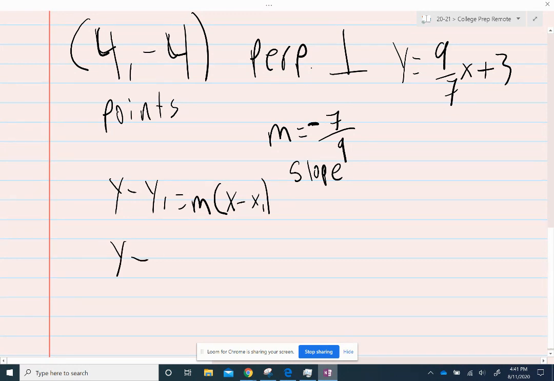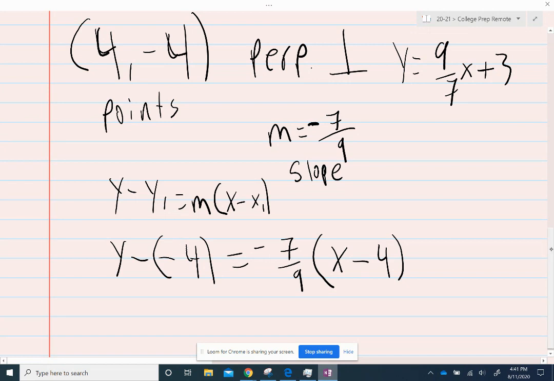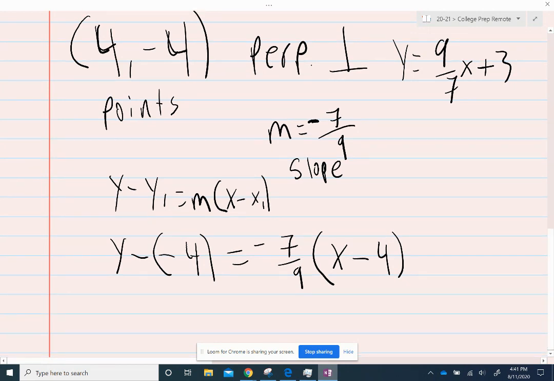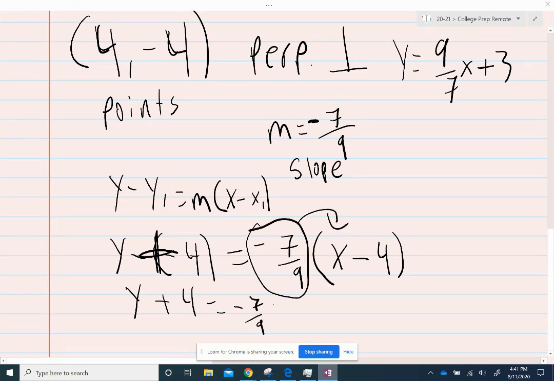Y minus y1, minus -4, equals -7 over 9 times x minus 4. First things first, RIP Uncle Phil, JK. Although it's going to be y plus 4 equals, now we're going to have to distribute this, -7 over 9x times negative